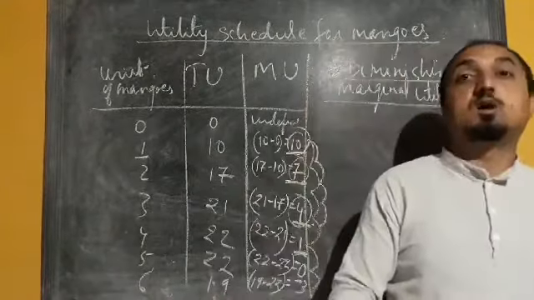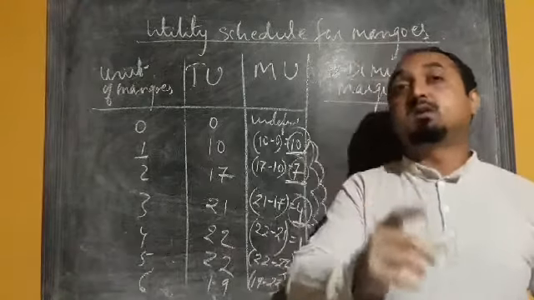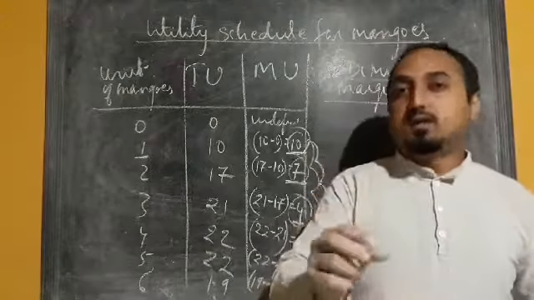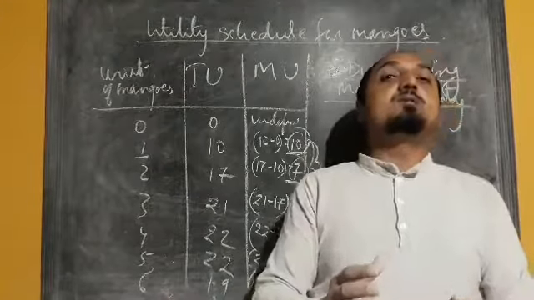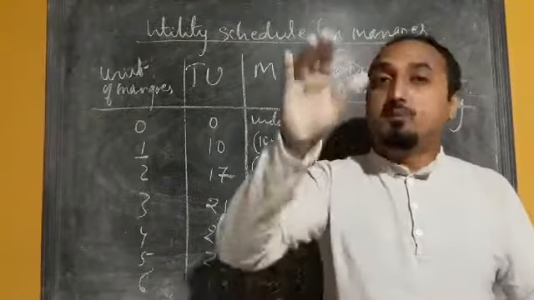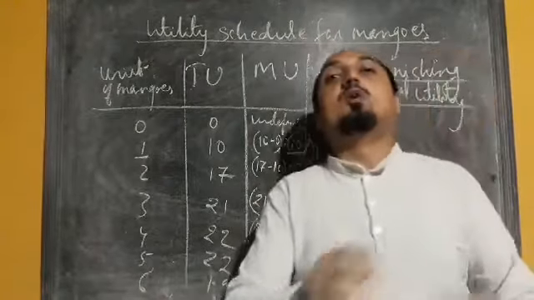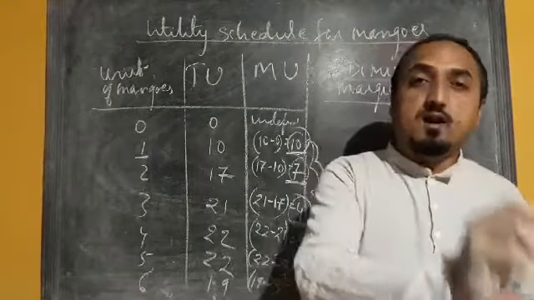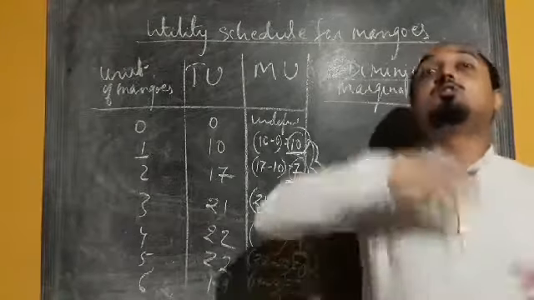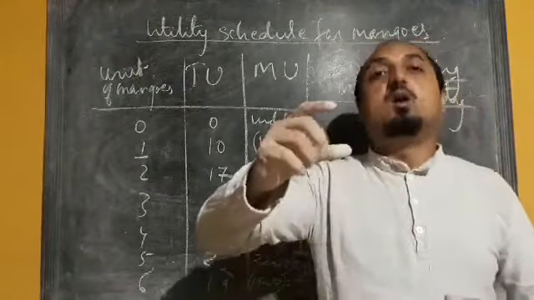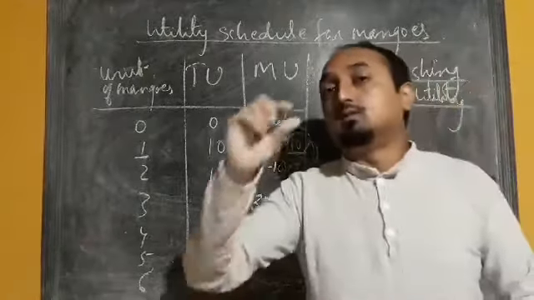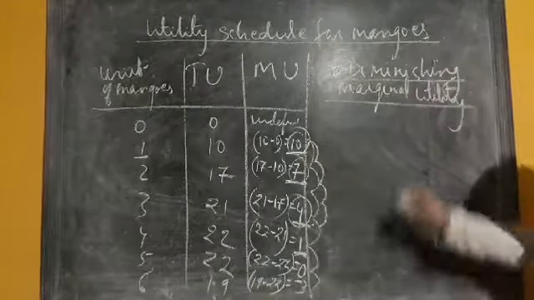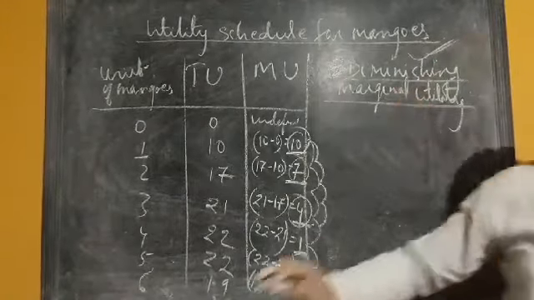In order to quench your thirst, if you take the first glass of water, that will give you maximum satisfaction. When you are asked to drink a second glass, you will get some level of satisfaction, but the satisfaction derived from the second glass of water will be lesser. Similarly, if you are asked to drink a third glass of water, it will give you lesser and lesser satisfaction. So when we drink more and more glasses of water, the satisfaction derived from the additional glass of water goes on decreasing, and that concept is called what? Diminishing marginal utility.